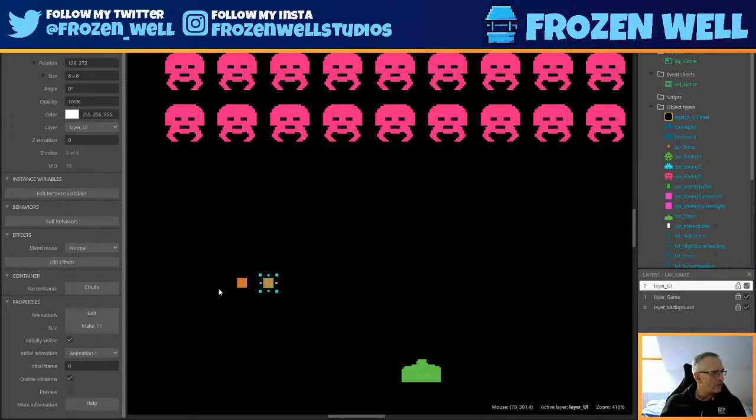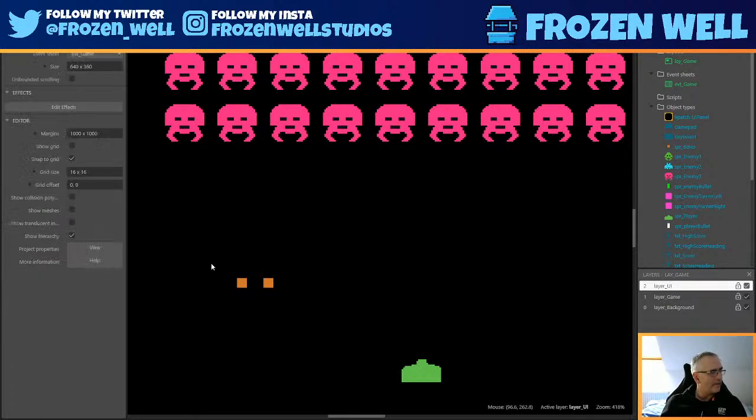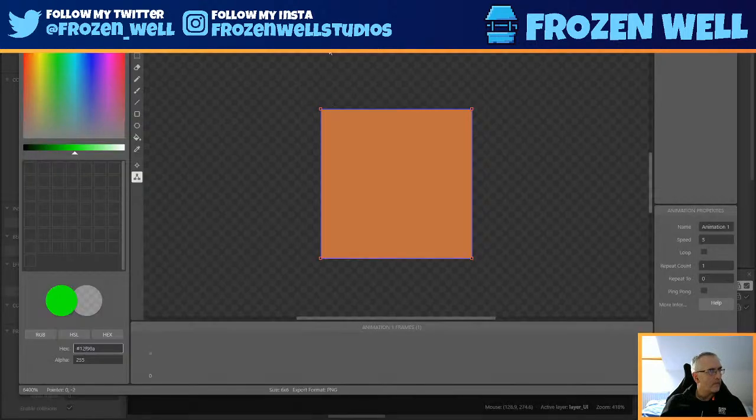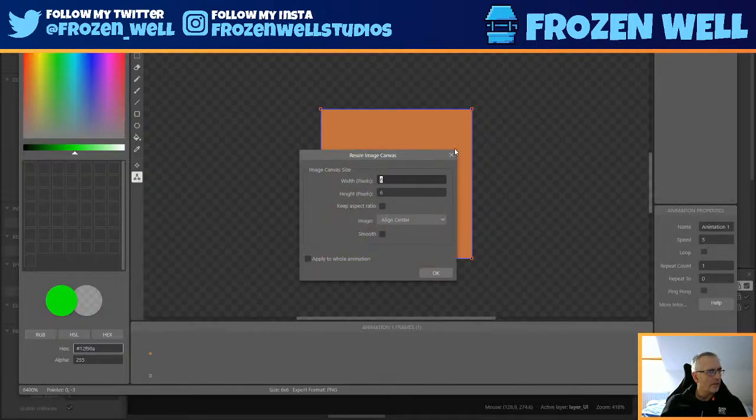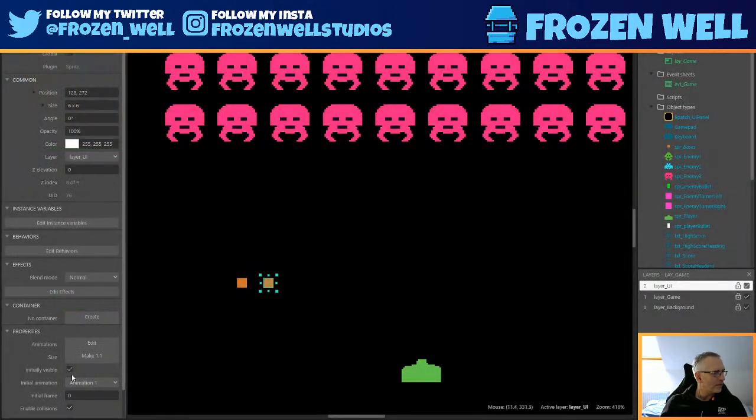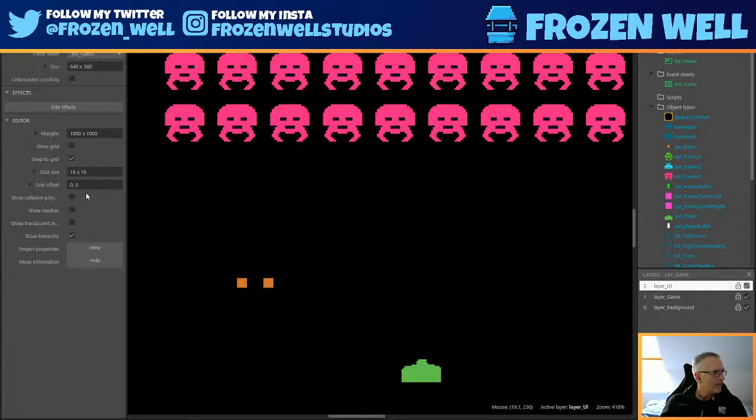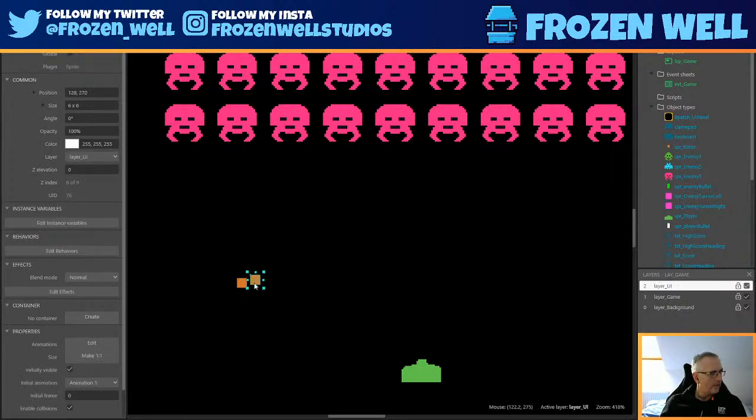Right, I just need to change the grid size, because otherwise they're not going to join together. So they were 6 by 6, so just for now I'll change my grid size to 6 by 6, which should mean I can get them all